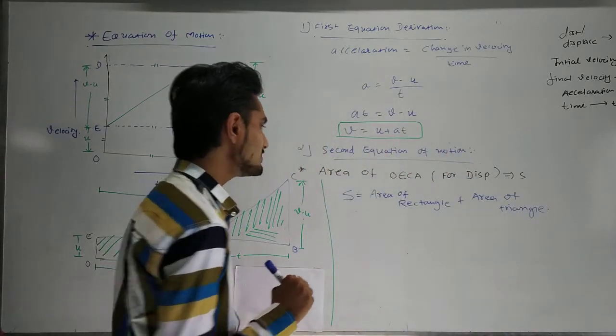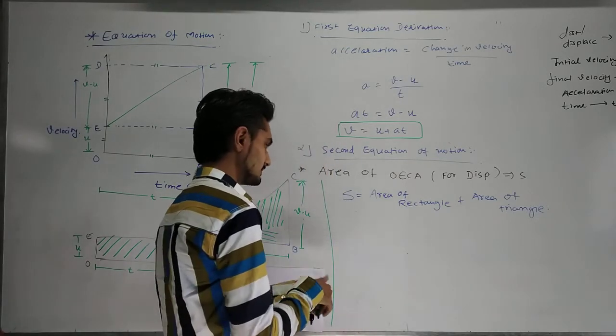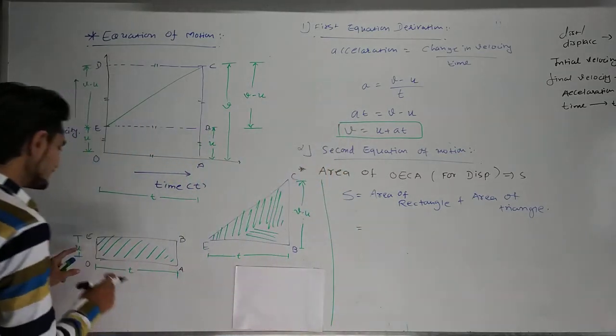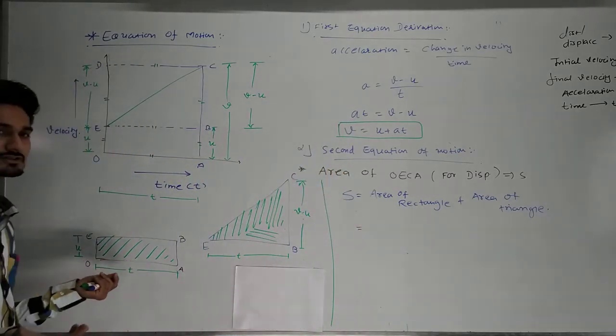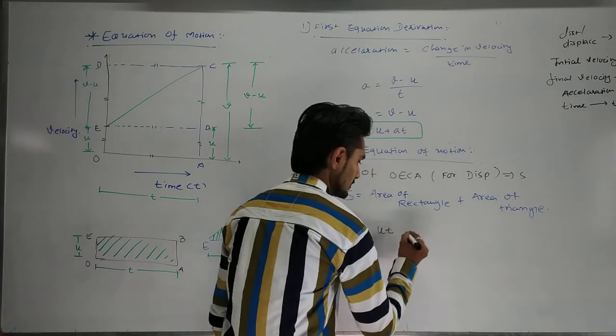Okay, we'll put all the values. How can I measure the area of the rectangle? You can see that here. If I measure the length into breadth, that gives us the area. So it is given by UT plus